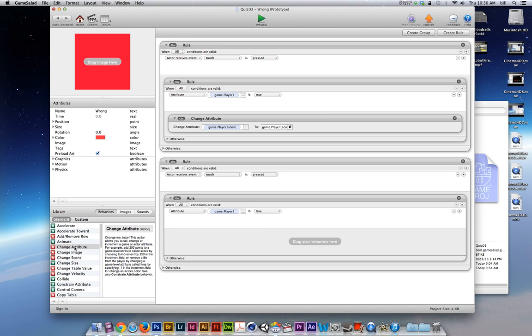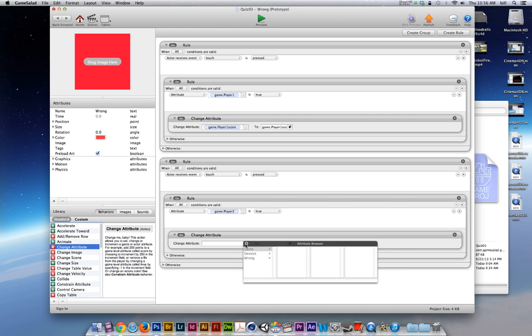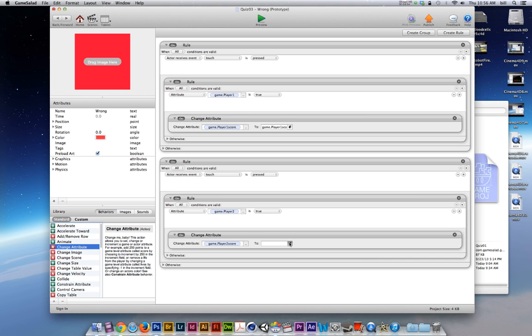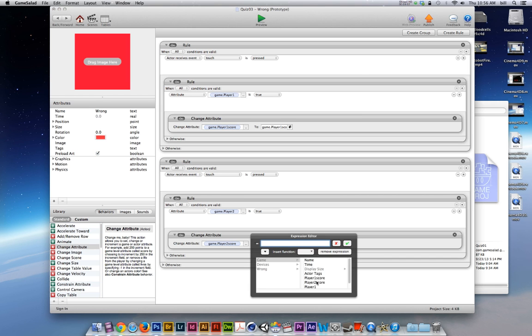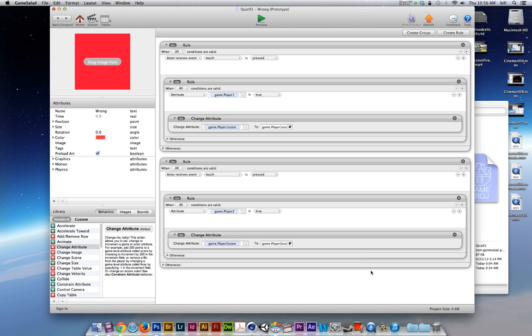And if so, I want to change the player 2 score attribute. So the attribute I want to change is player 2 score, and I want to change it to player 2 score minus, because I'm on the wrong answer, minus 10, and I'll hit the check mark. So now I should be able to test buzzing in as player 1 or player 2 and see if that